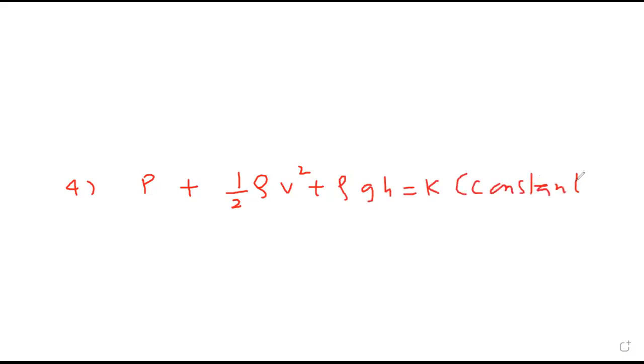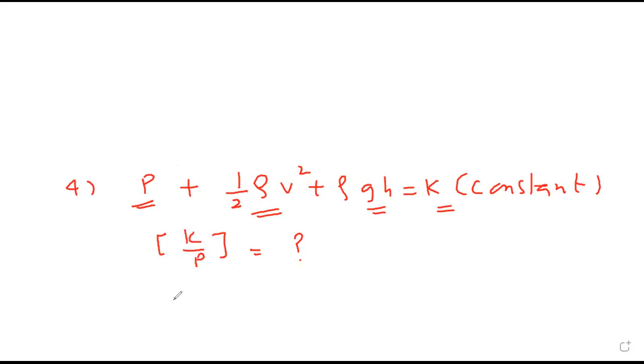Consider the following equation of Bernoulli's theorem. There is one theorem called Bernoulli's theorem. According to that, P plus half rho v square plus rho vh is k, which they are telling is constant. Then the dimension of k upon P is dash. See, all are added, no? This plus this plus this is this. So if this is pressure, this also should be like pressure, तभी तो आंसर क्या आएगा?